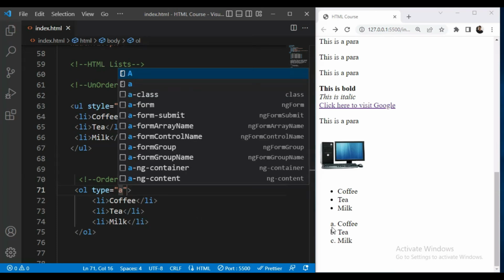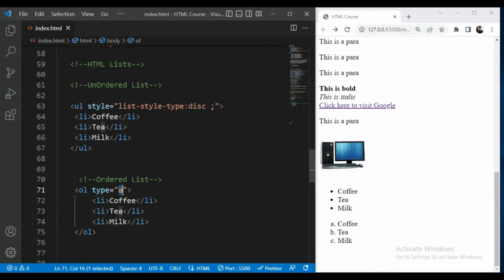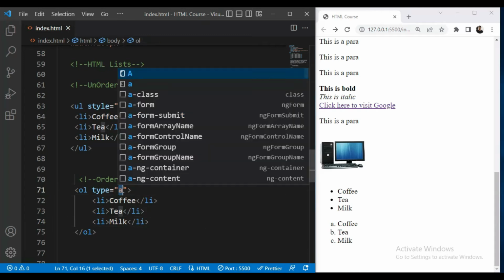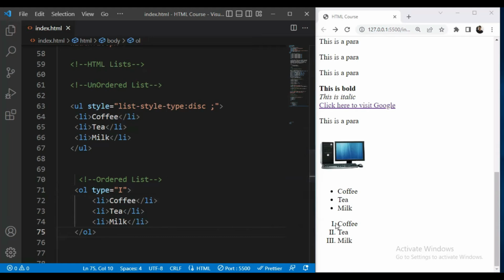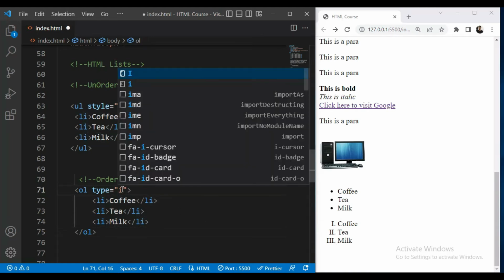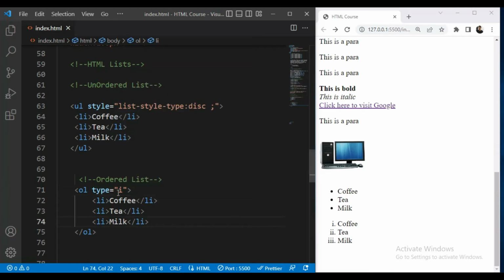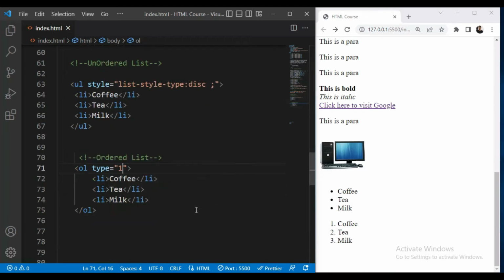Then we get small a, b, c. Then we will use capital I. So let us save this. Now you can see we get Roman letters I, II, III. Then we will use small i. So we get small Roman letters. And we can also use 1 here. So you get 1, 2, 3.